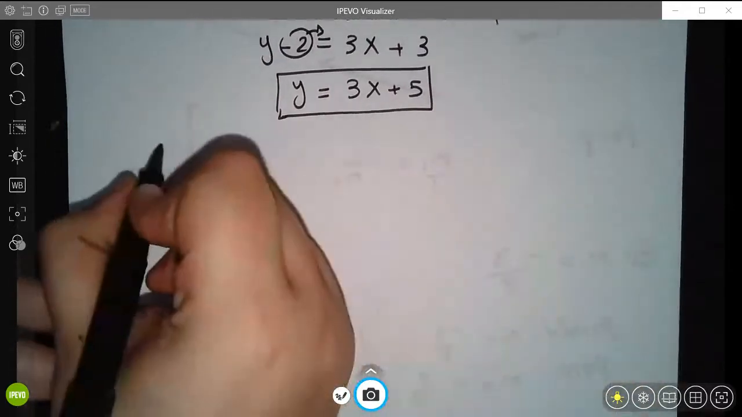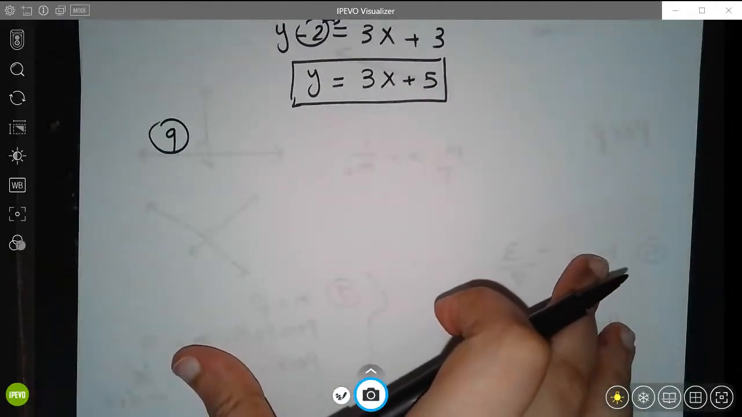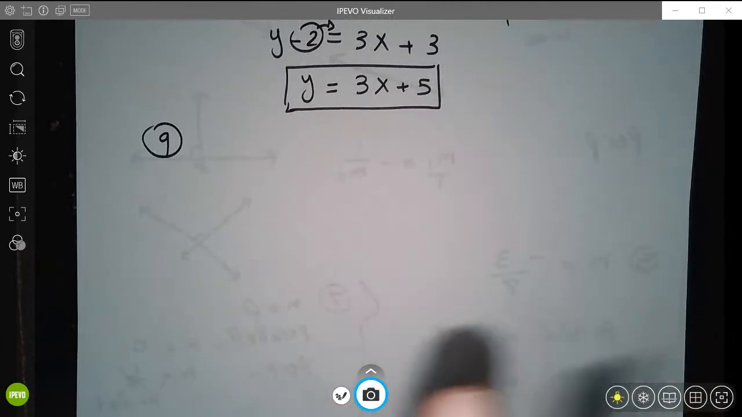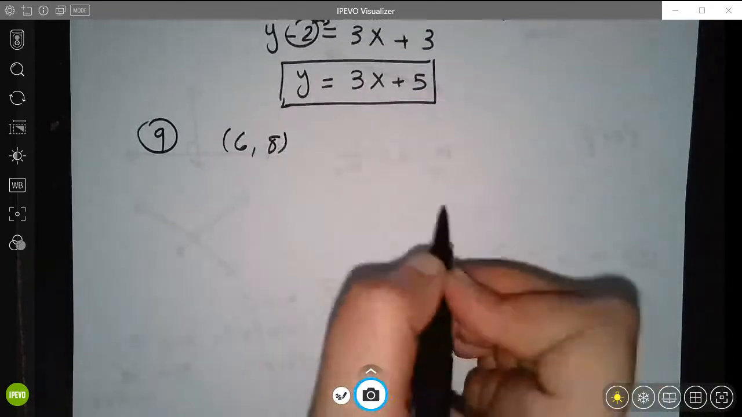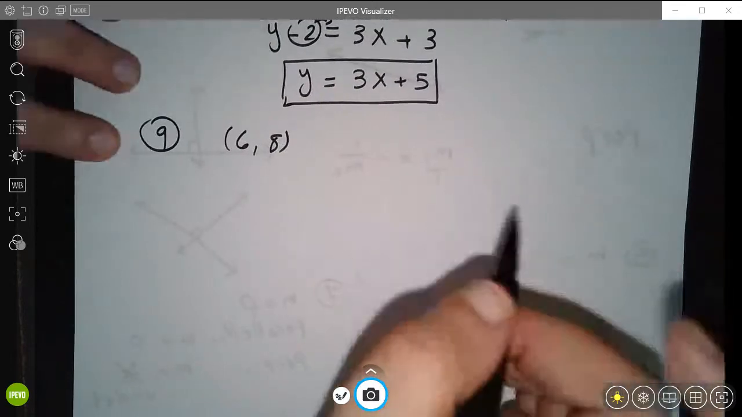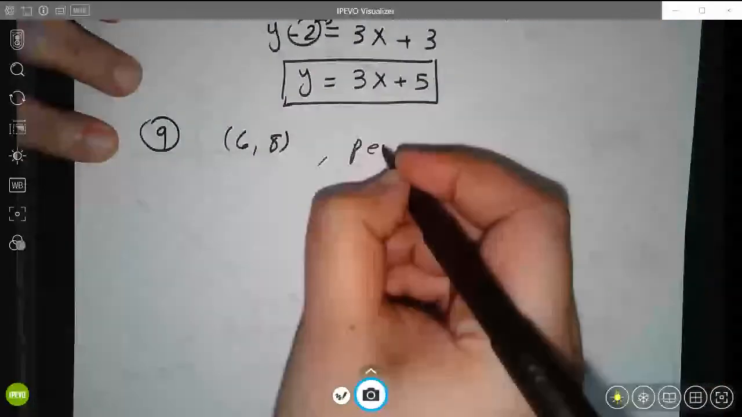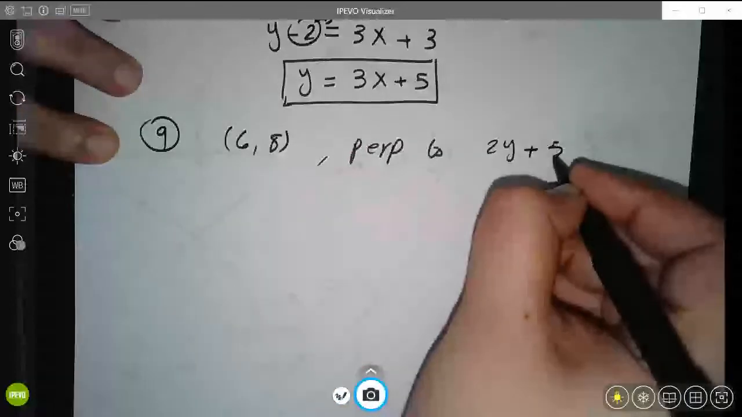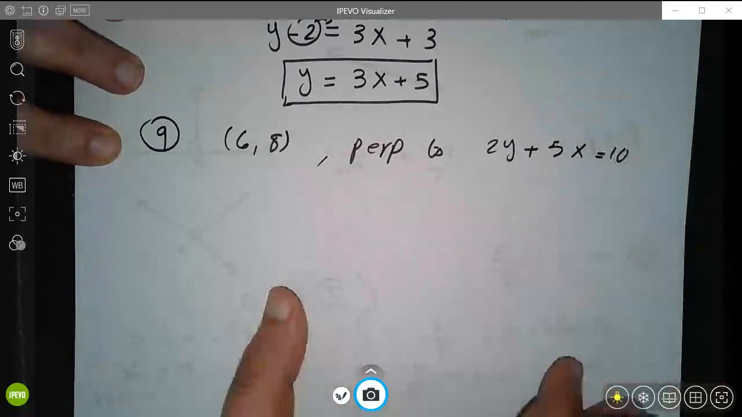So this is number 9. Here we go. So for this one, the question says, give the equation of a line that passes through this point, which is 6 and 8, yeah, and it's perpendicular this time. It's perpendicular to this equation. 2y plus 5x equals 10. All right, so again, we need to figure out